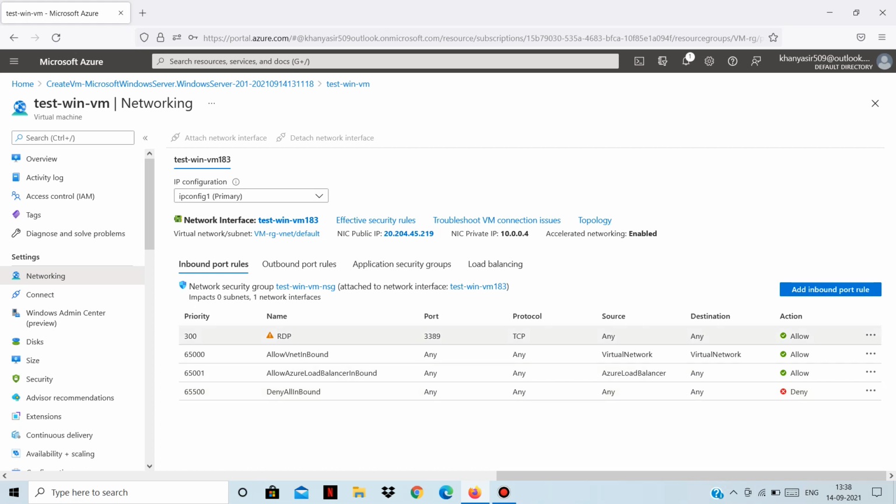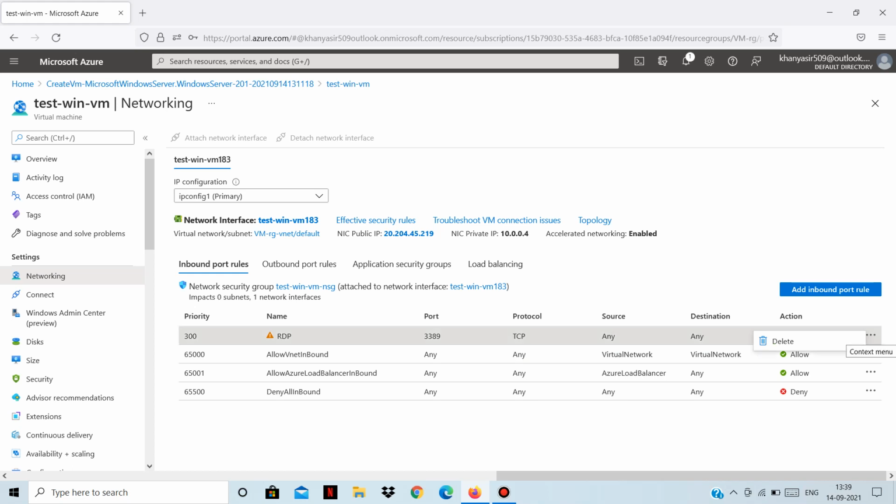So we have a low number here, 300, but it has high priority over all the other rules. We have allowed the RDP connection to port 3389 using the TCP protocol from the source. What will be the source? For now the source will be my laptop, from which I will be connecting to this virtual machine. But any device can be used to connect to this virtual machine.